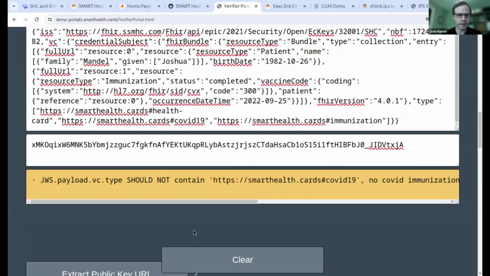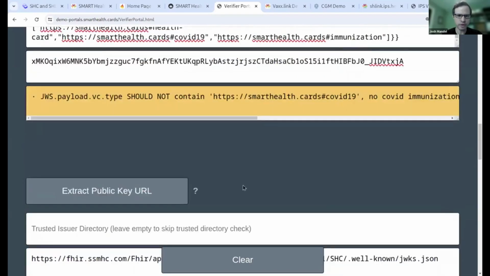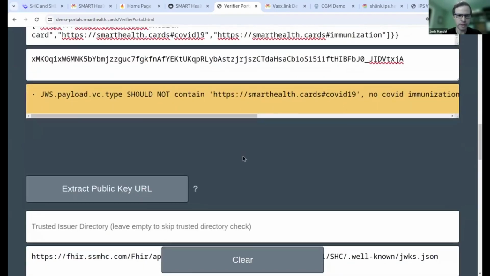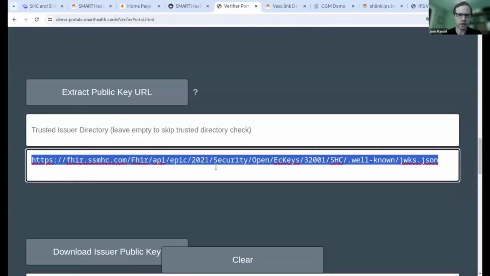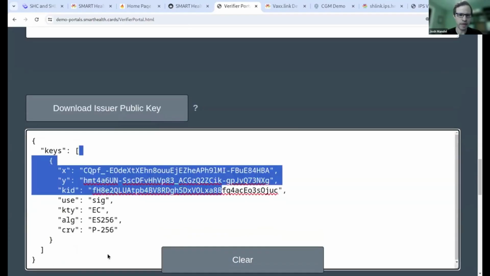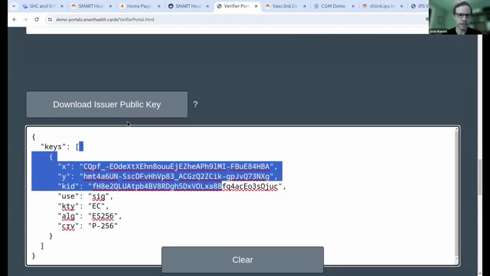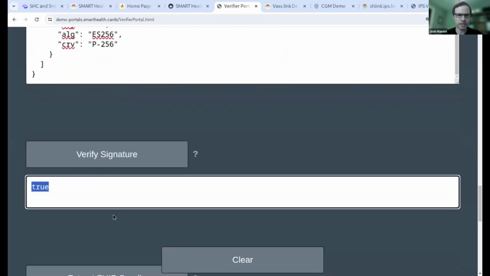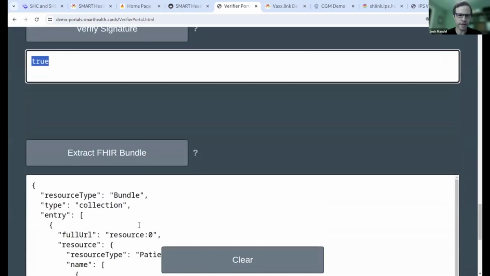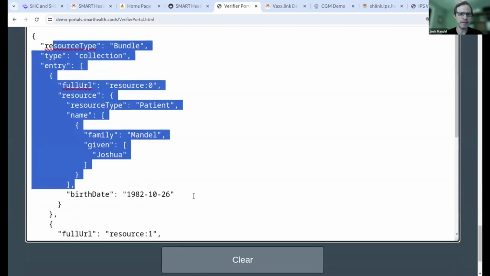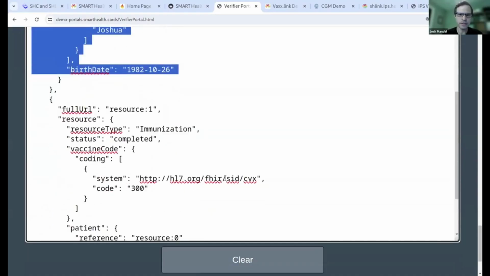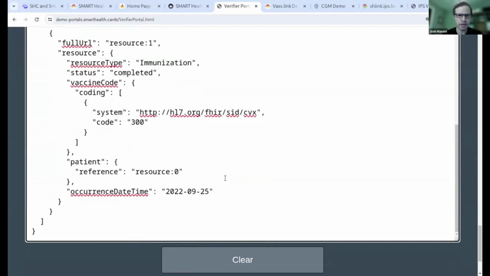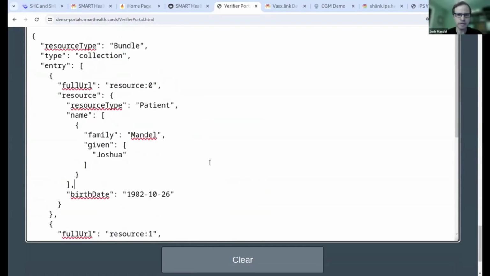This is my real data that comes from an Epic portal that I have access to for my healthcare provider here in Wisconsin. And that healthcare provider includes their public key, which they host openly on the web. And so this tool is able to download that public key from my healthcare provider's website. It's able to check the signature on my document using that key and show us that that signature is verified. It's a correct signature. And then at the end of the day, it just displays that FHIR bundle, which indeed has information about me and at least one of the COVID vaccine doses that I received. So I actually have separate QRs with information about some of these different vaccine doses.